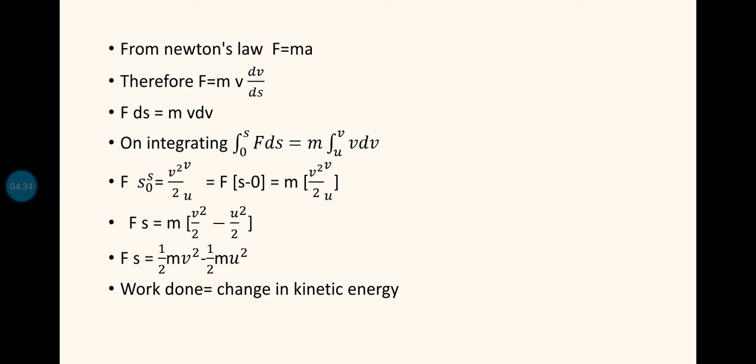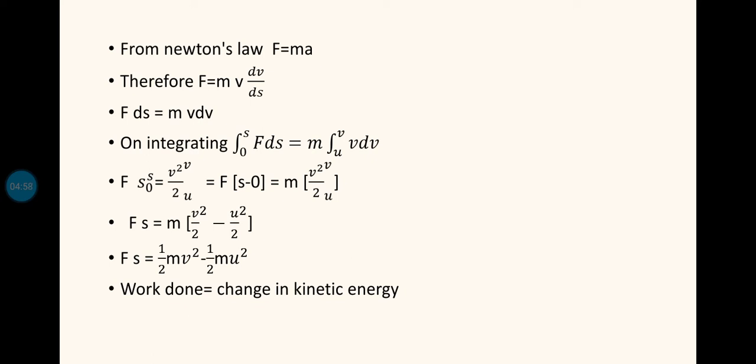Now integrating on both sides, integral 0 to s, F ds equal to m into integral u to v, v dv. Velocity changes from initial velocity u to final velocity v, and displacement is from initial 0 to final s. So F is constant, can be taken outside. So first term integrating ds will become s, and the limits are 0 to s. And the second term here, v dv, integral of v dv is v square by 2, and the limits are